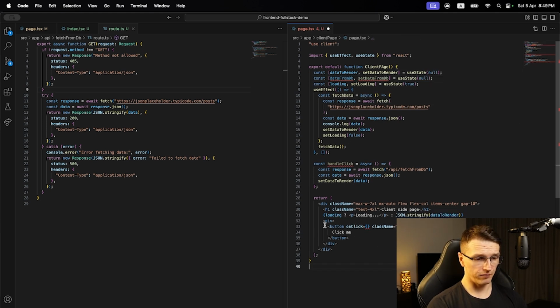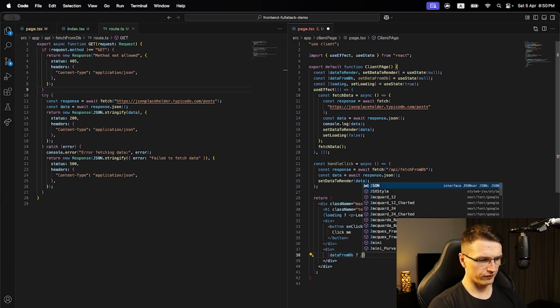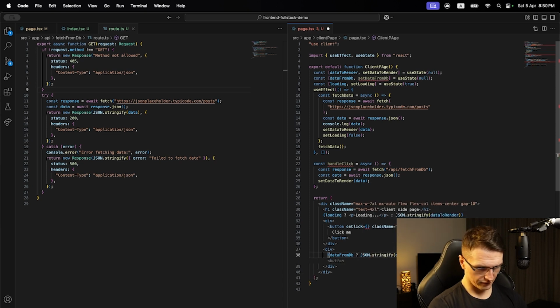And we want to display it below the button, so we're gonna have maybe let's have another div. Not the best semantic structure in this component, but that's not the point. Not a button. We want to have a data from DB. If data from DB, then we want to show JSON stringify data from DB, and we want to display